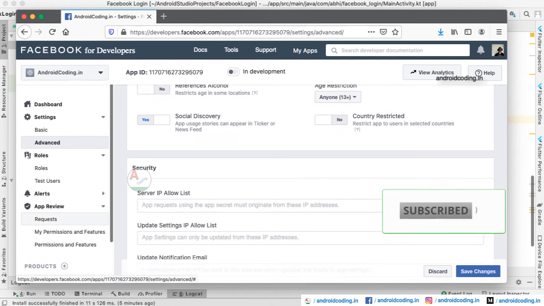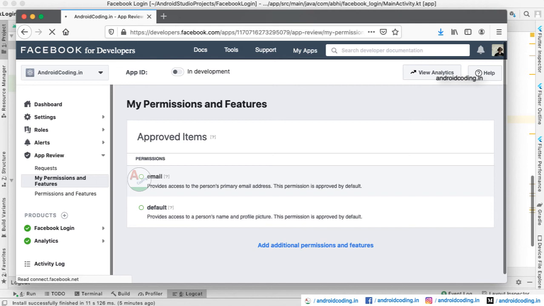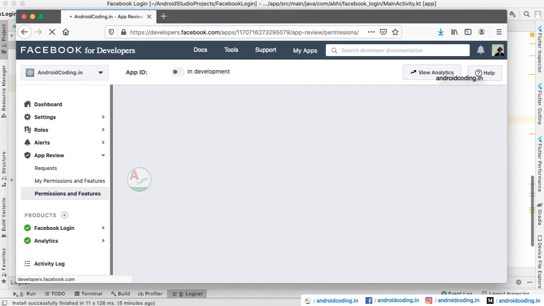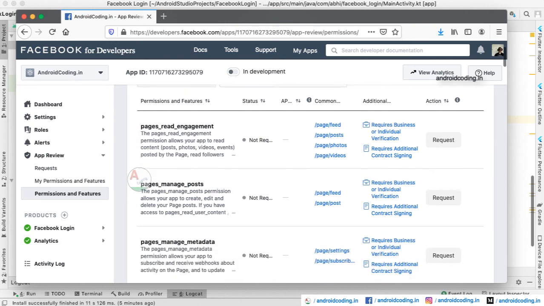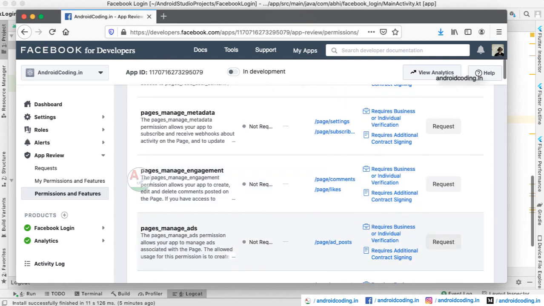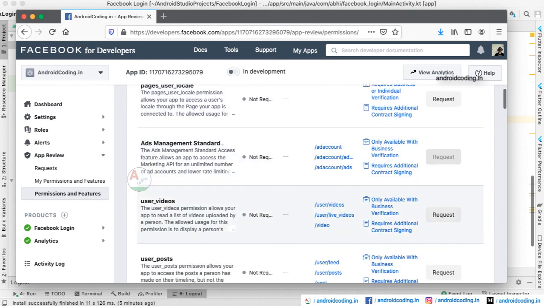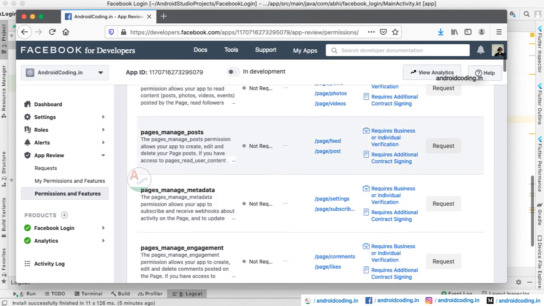And here you can find the app reviews. So whenever you want to have any other features other than the login, by default email is provided as a permission. I mean, the default permission is provided for fetching the user email, but if you want a few more additional things to be integrated in your application, then you need to specifically specify them, like the page feeds and all these things. If you want to integrate them in your application, then you must provide a request for Facebook to get them granted in your application.